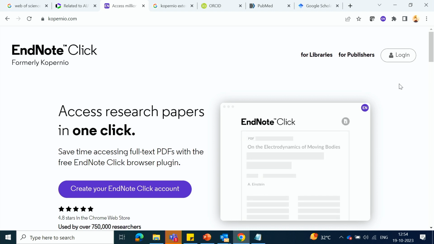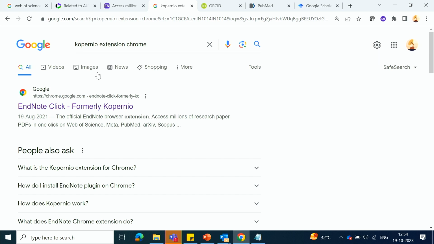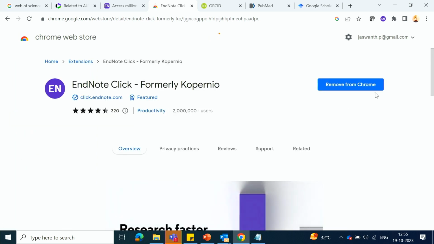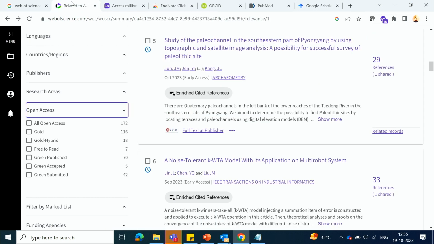You can create your login, and if you are using Chrome, search for Kopernio Chrome extension or EndNote Click Chrome extension, and you will have an option to add to Chrome here. Just click that so that you will be able to see this EN icon here. Okay, so how will this be useful? Any paper you open,